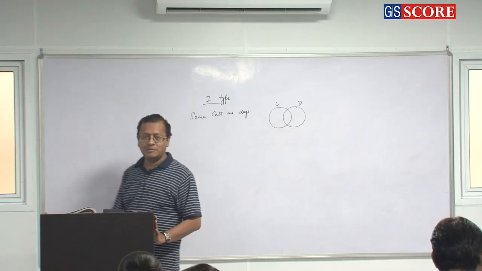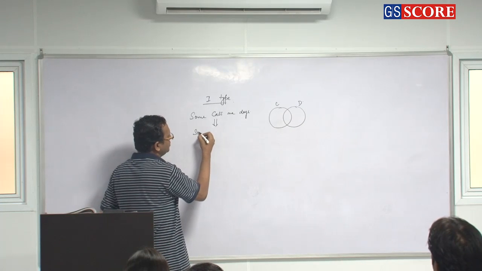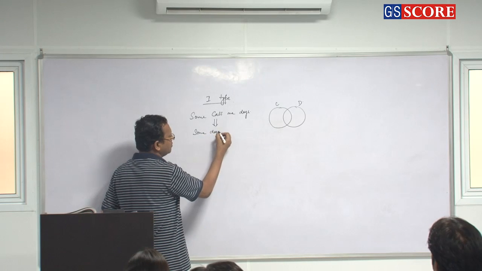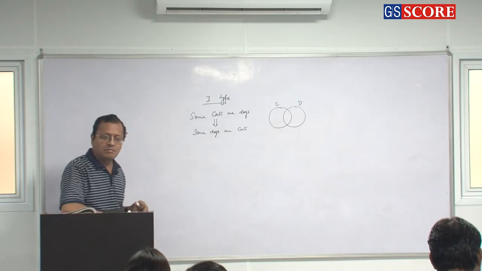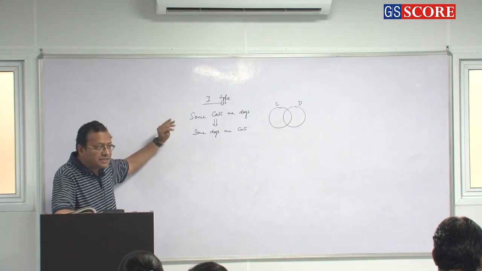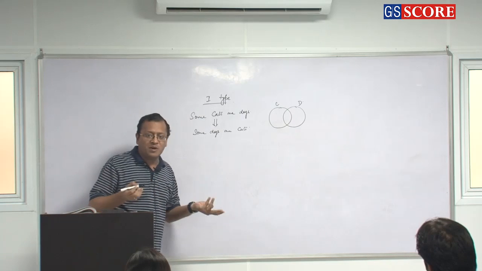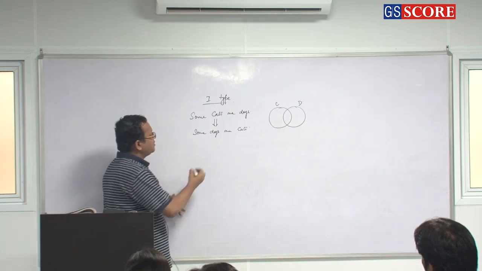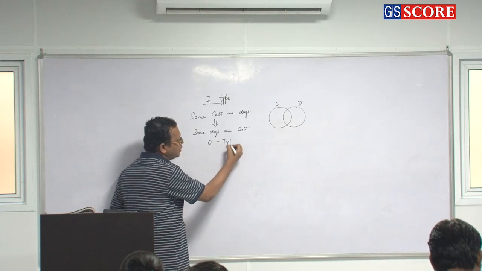Clear or not? So what does it follow? Clear or not? Right? These are the direct conclusions from an I type. And the fourth one, which is a very poorly type, which is "some not", that is an O type conclusion.